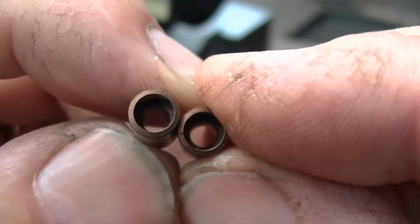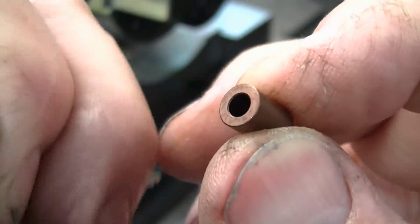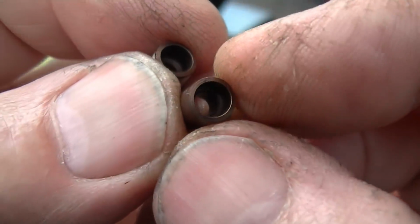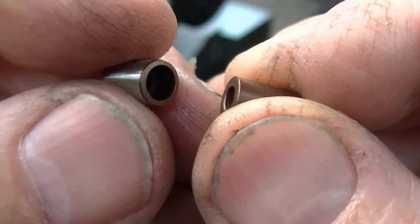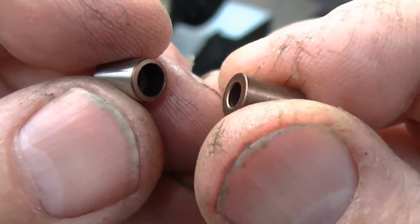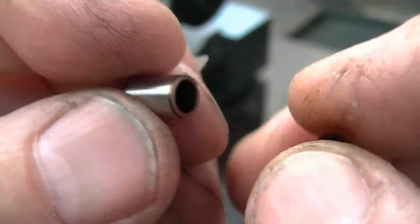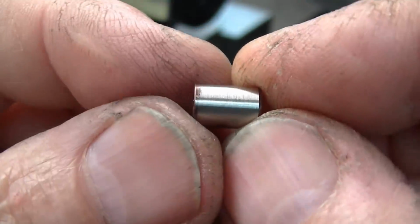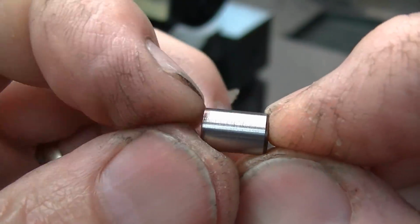Here are our little pieces. These are A2. They have a counterbore in them for an M3 screw with a reduced diameter head. And these are currently straight, made from 1/4 inch diameter drill rod and then vacuum hardened and tempered. And here's one that I've ground, and these need to be ground with a 1/1000 diametric taper over the length